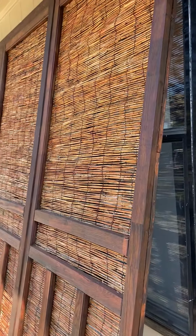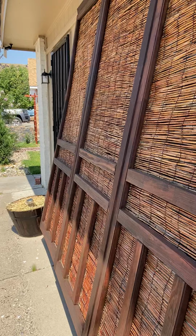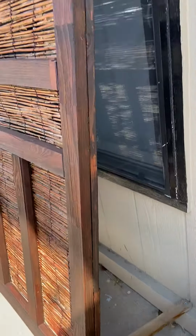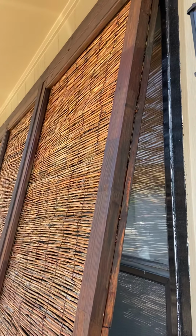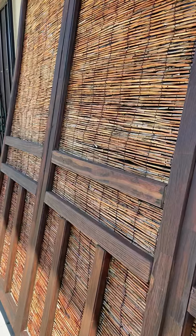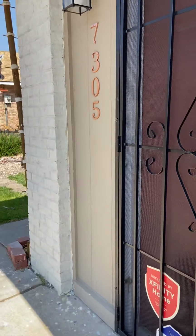I wanted to talk about the shutter here. I know I talked about it before, but these are made out of screen doors. So there's 3 of those little wooden screen doors, and then the bamboo fencing is stapled on the back, and then I sealed it with a 1x2 lath, screwed on there. It's attached at the bottom, and at the top it's piano hinged and attached to the wall there. And as I've mentioned before, we have huge winds. This has been up now 3 years, and it's held its own. It cuts the amount of heat that goes into that particular room through the windows and gives a nice